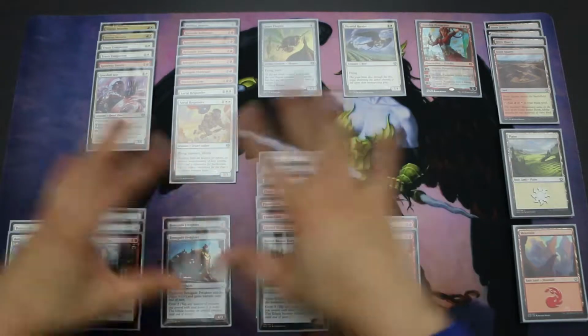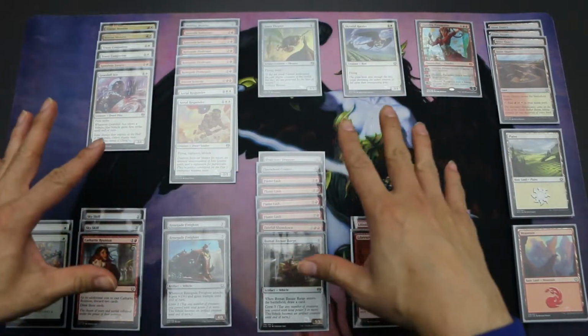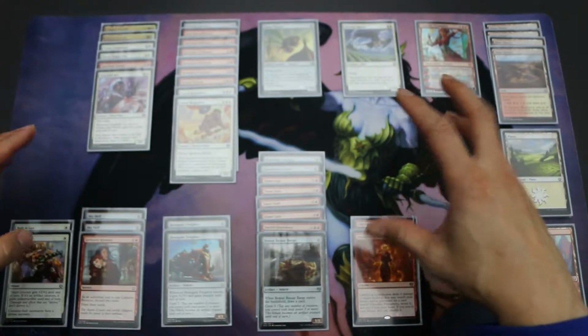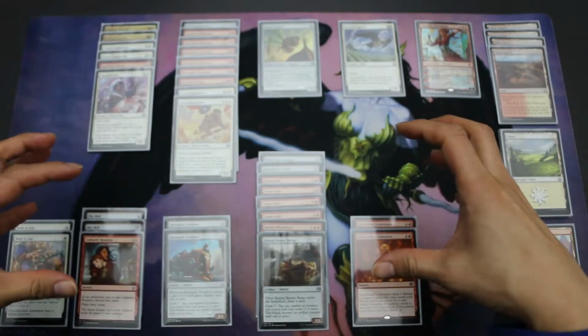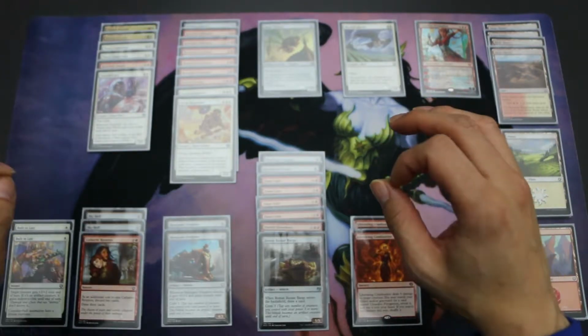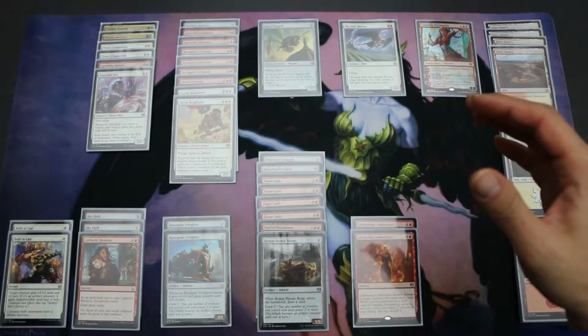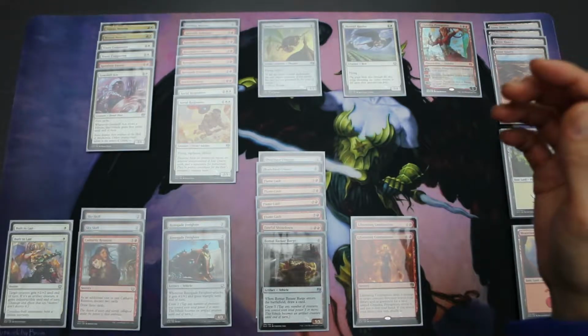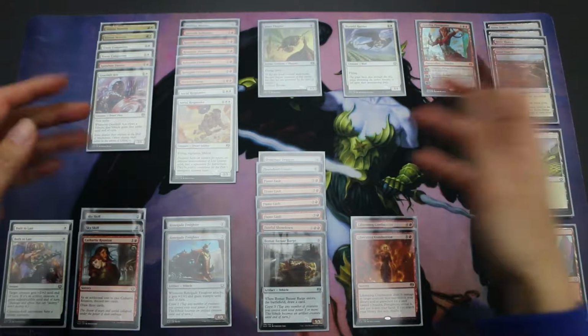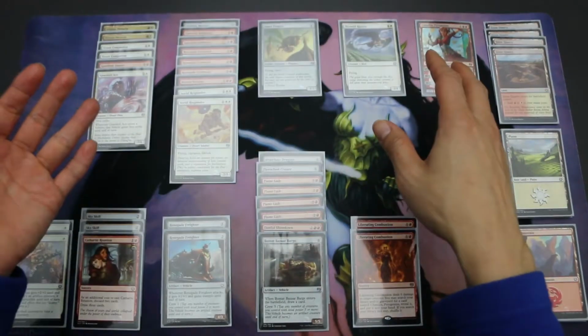Many of these spells here I do think make sense in this deck in some way or another, but not everything does, and I kind of wish that this deck were a little bit more focused in what it was trying to do, and that there was never a question of why a certain card is present. So, for example, I think that all of the 2-drops make sense, but amongst the rest of the creatures,